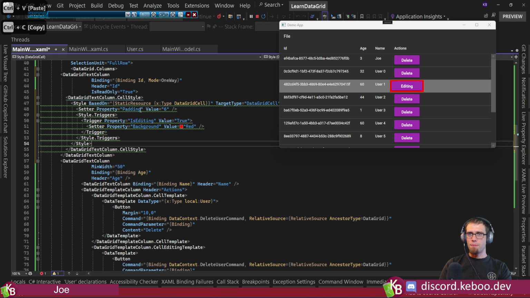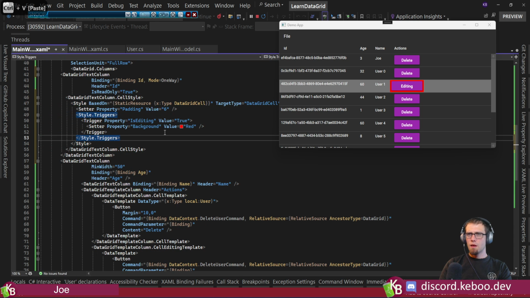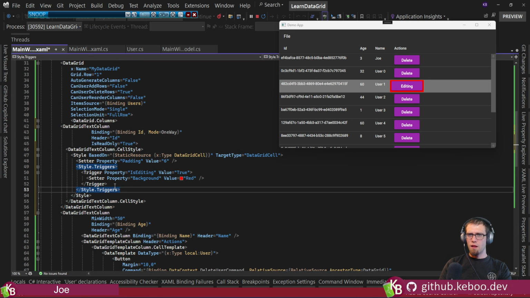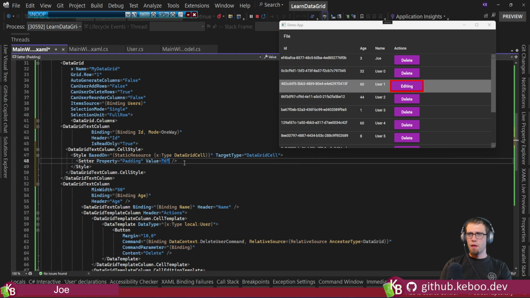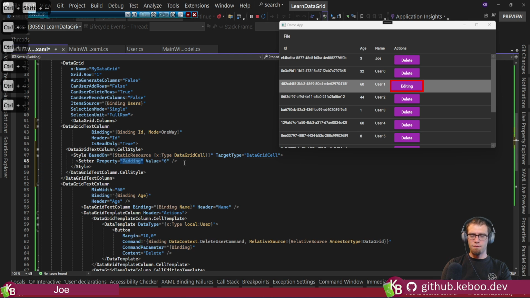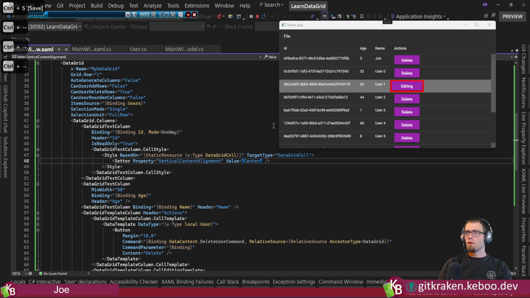But if I go ahead and drop this guy in here, let's see, data grid cell, and we're gonna get rid of the triggers because we don't want that. But what I would like to do is set, for example, vertical content alignment, and I would like it to be center. So now